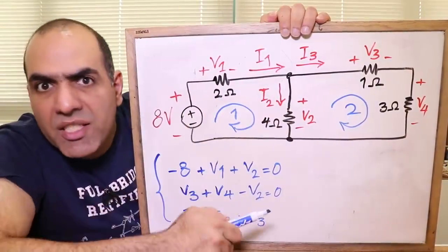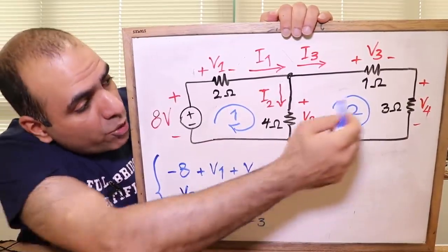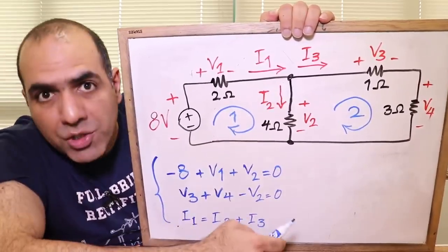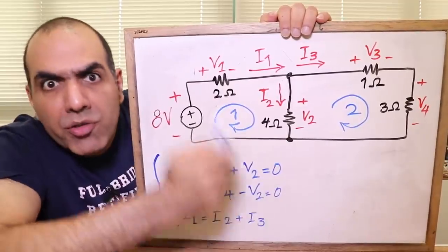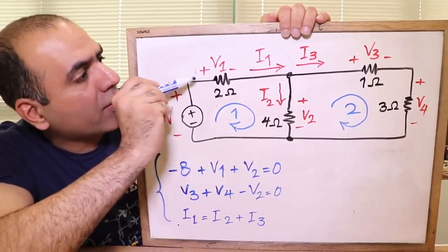Writing the KVL and KCL equations, we see in loop 1 we get this equation, in loop 2 we get this equation, and in this node we get that equation. 7 variables and 3 equations. Not enough. But we already know the relation of voltage and current in resistors, where